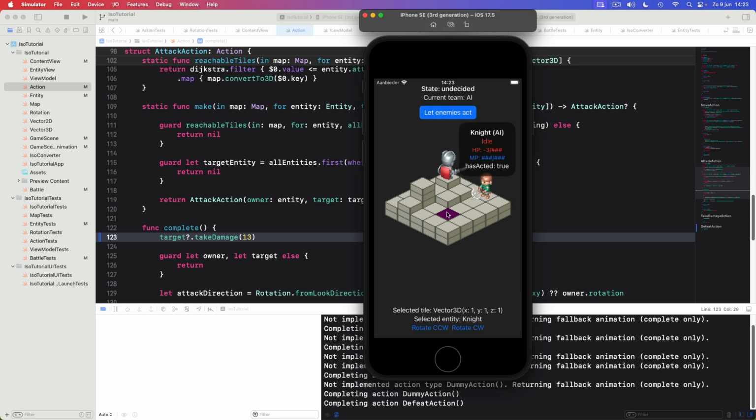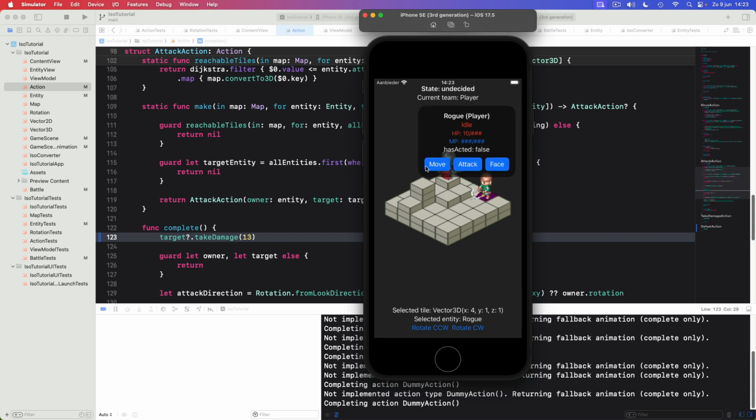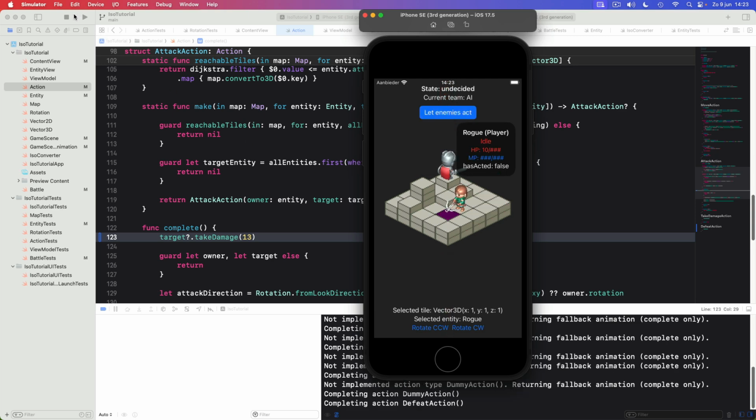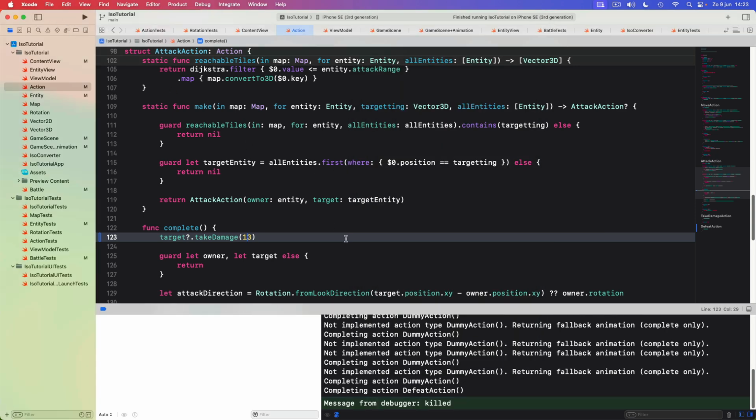It's technically still here, so that's what I want to do next time. Also, and that's I think a bigger problem, if I do move, I can't go here yet because it's still an occupied tile. I can move here, and I can even attack this position. So what I want to do as a final thing for today is make sure that